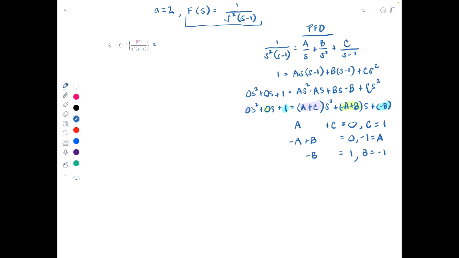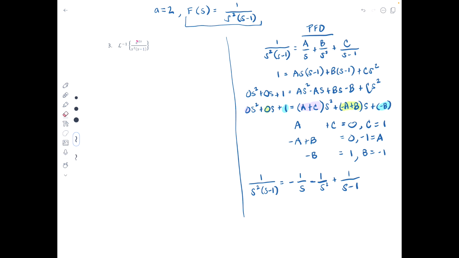So at the end of the day, 1 over s squared times s minus 1 is equal to negative 1 over s minus 1 over s squared plus 1 over s minus 1. All right, so now let's get to work with this other stuff. I'll do this one in a different color. So we'll have, this will be equal to